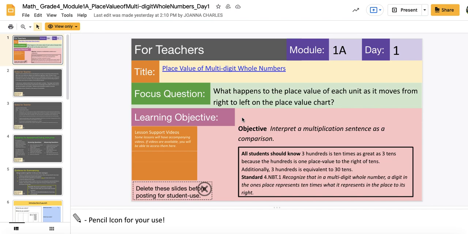So let's get started. Here I opened up the Teach Hub lesson from the math module for 4th grade. It's module 1A, day 1. Here's the main slide, and this one is for the teacher, so I'll show you how to delete these slides in a moment. You'll notice that you can't edit these slides. I can't delete anything. I can't click on anything. I can't move anything. And that's because it's in a view-only